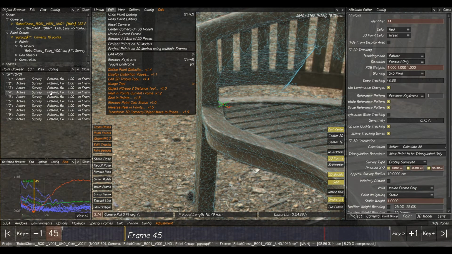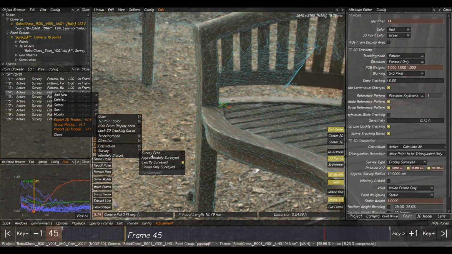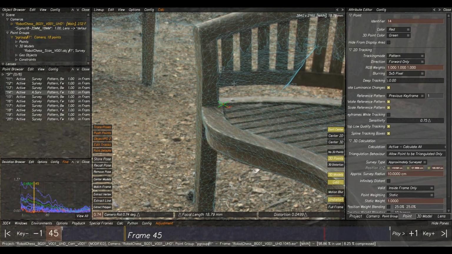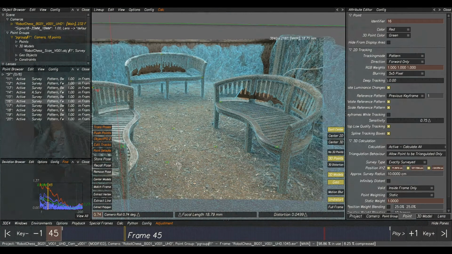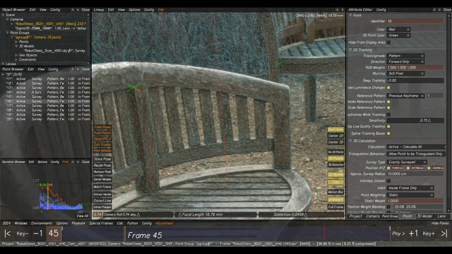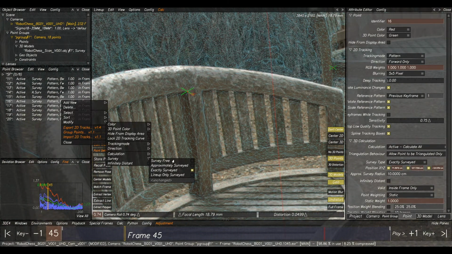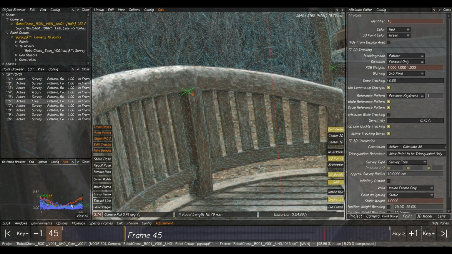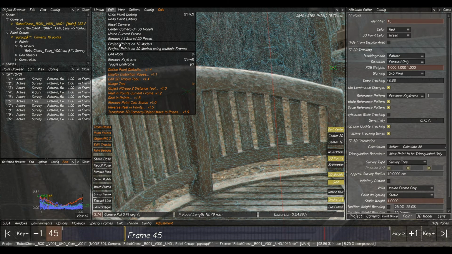So because now we've projected it, if we now go to that point and go to modify survey and approximately survey it, press Alt C, we're going to give it a little bit of wiggle room for it to sort of relax in, and that's brought that all the way down. And we'll select this point here, let's see what that's doing. If we survey free this, press Alt C, it's relaxed everything. So if we go back and project it back onto the 3D model,